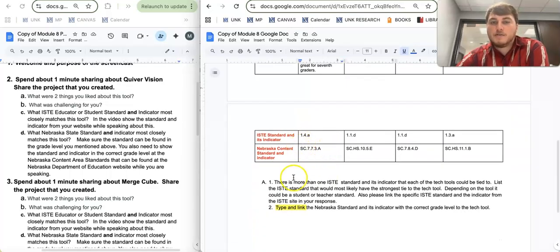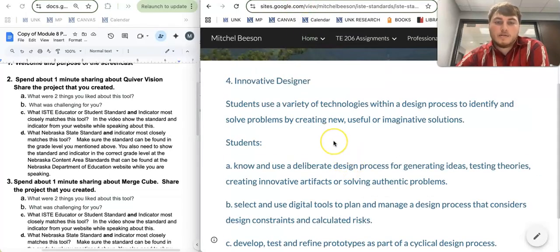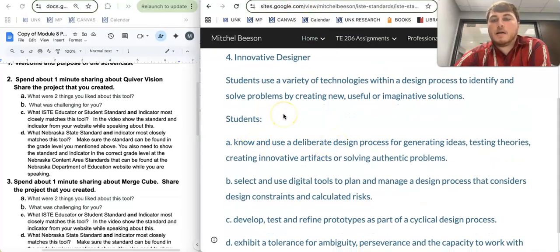For this one, I chose the ISTE standard 1.4.A, which is knowing and using a deliberate design process for generating ideas, testing theories, creating innovative artifacts, or solving authentic problems. So with this one, the students will be creating something authentic in the classroom that is theirs, and then they'll be using that to foster interest so that they are generating ideas and testing